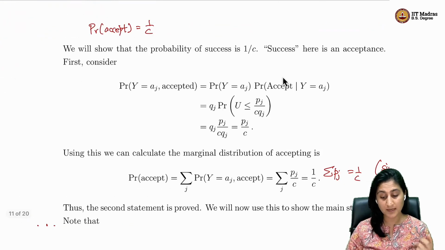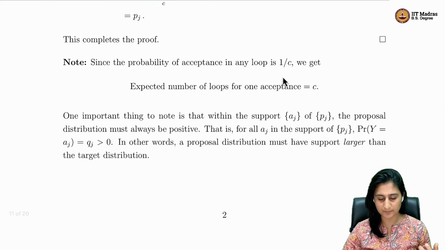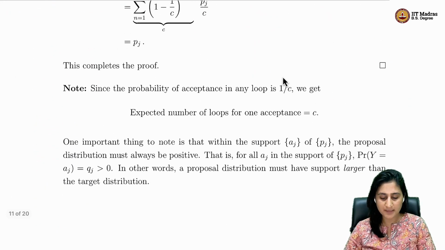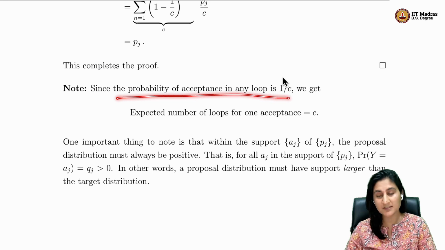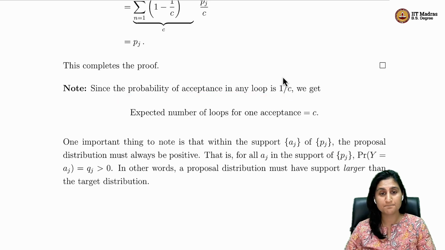So if I know C, and I need to know C to implement the algorithm, then I also know that since the probability of acceptance in any given loop is 1 by C,